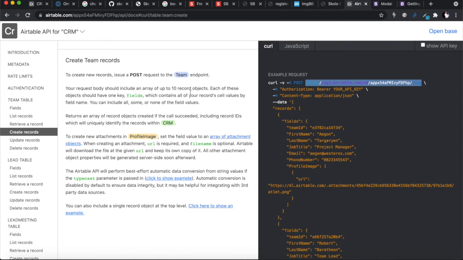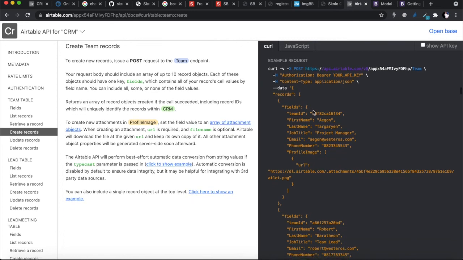So if we go into the create record API documentation, you will see it's actually very simple how to create a record inside of Airtable. This is the code that you need. You need to create a post request. So now there's post in front of your curl, which means it needs to be a post request, and they've given you the URL that you need to send the post request to, and within that URL then you need to send the following